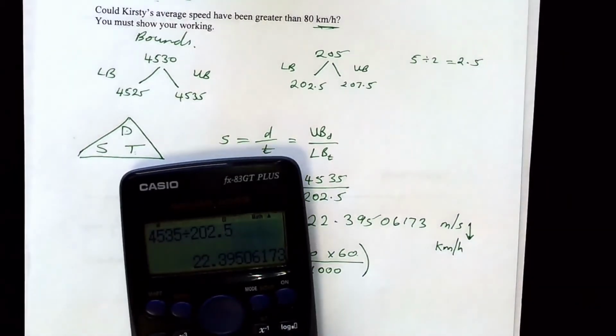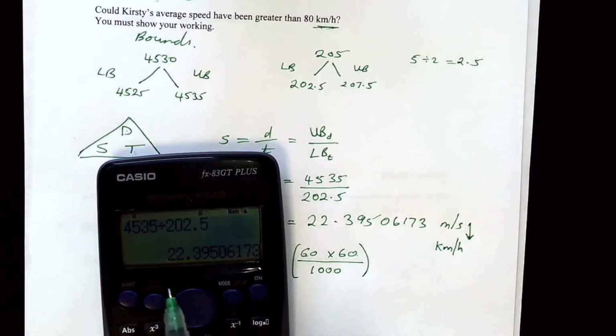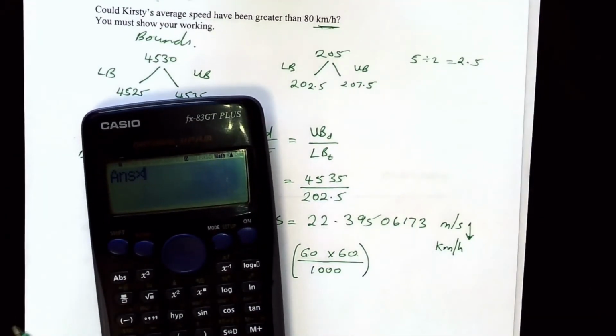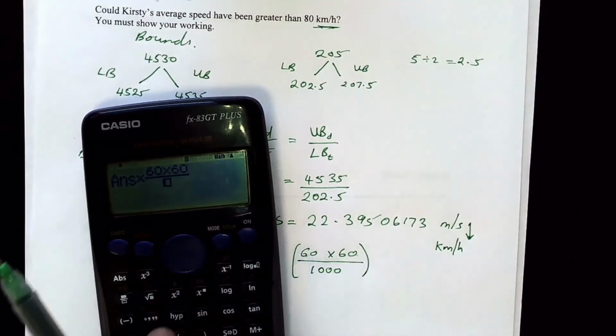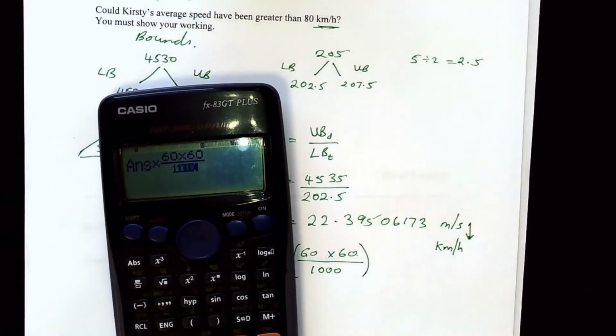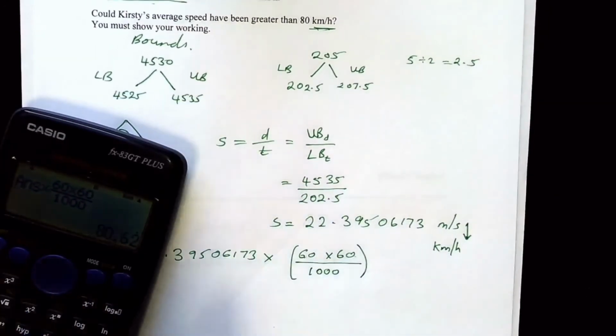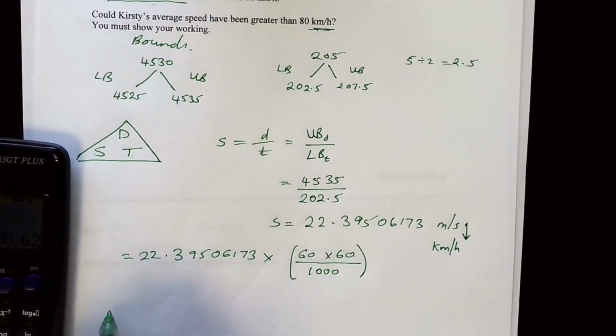So I put this value into my calculator, and I've still got the answer stored. So I'm now going to do times 60 times 60, all divided by 1,000, and that gives me an answer of 80. So the speed is equal to 80.62 recurring